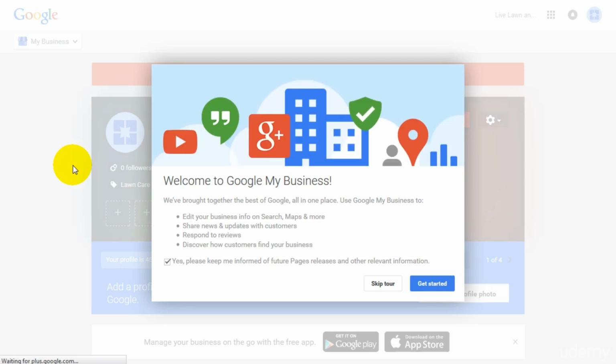Now, the good news is that although it can take up to 2 weeks for your postcard to arrive in the mail, you can continue optimizing your page in the meantime, getting it set up and doing the other steps that we're going to talk about in this course. So once your page has been verified, you'll be up and running and ready